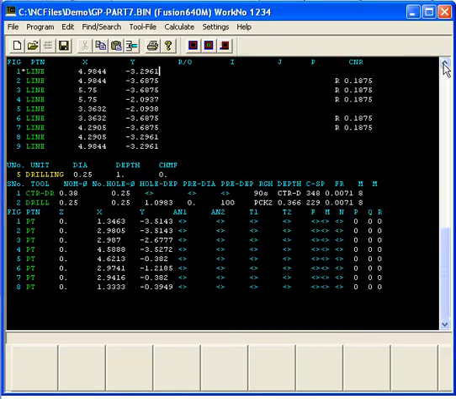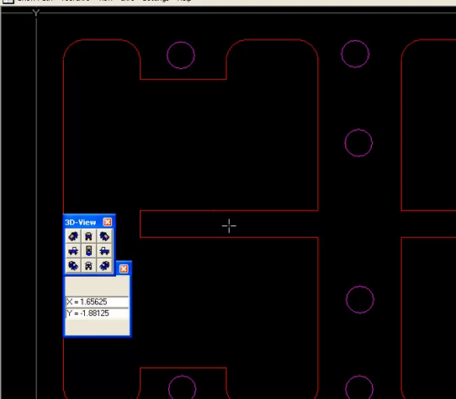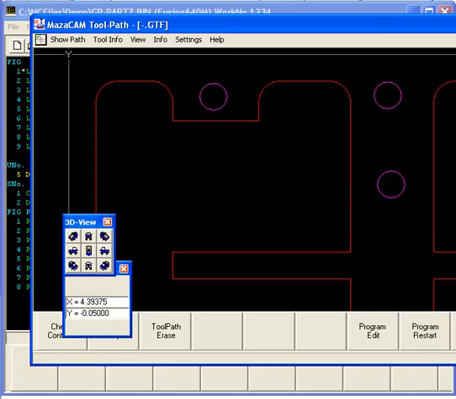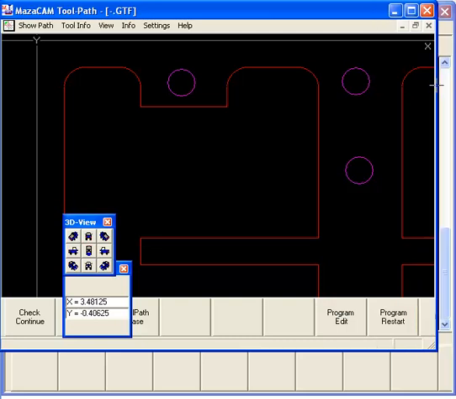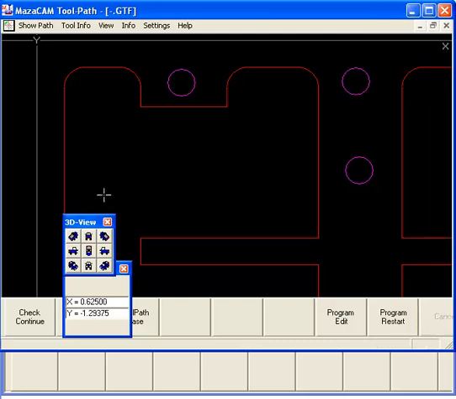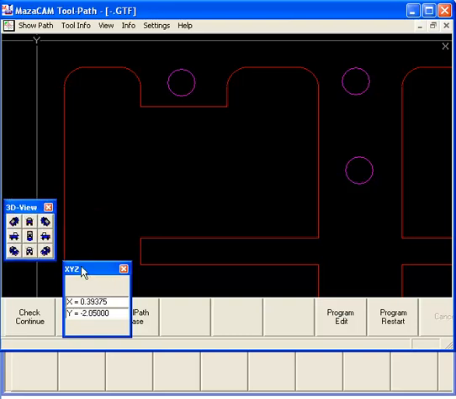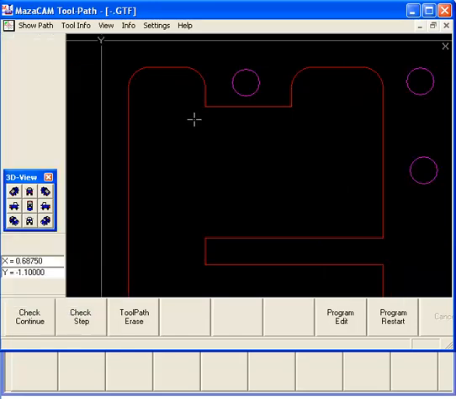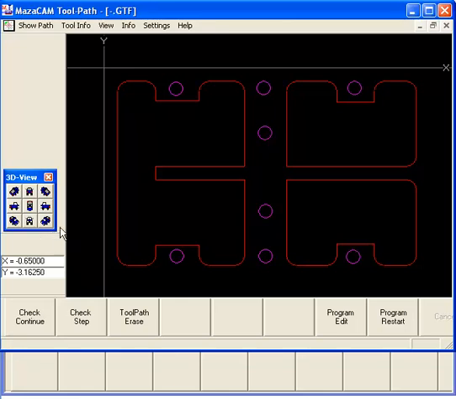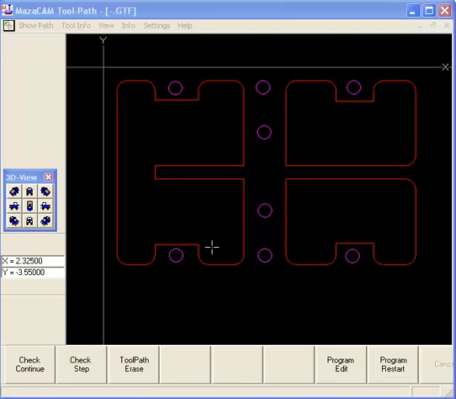In addition to plot shape, another feature is being able to see the toolpath. I'm going to just shrink this down for you. Normally you'd have this set to the full size, but I'm running a slightly reduced size so that the file is not quite so huge. But as I said, normally you're going to have this on full screen.